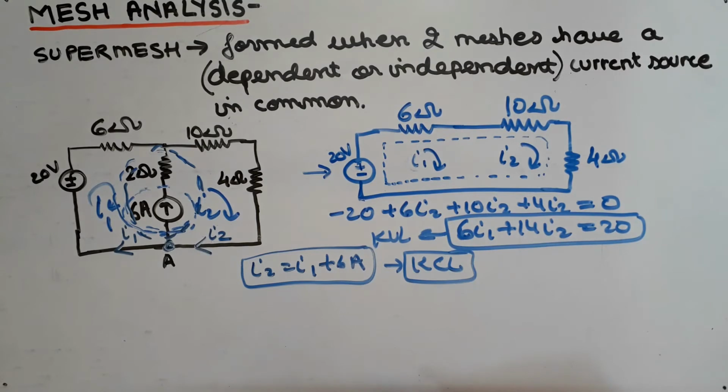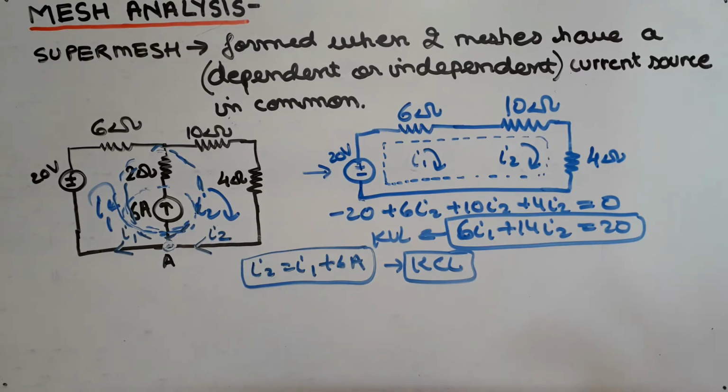Now guys, you should remember these two steps. That is, first we have to remove this part and do the KVL equation like this. And secondly, we will take a point at the super mesh and write the KCL equation. Now keeping these 2 points in mind, we will now do a question on super mesh which will make our